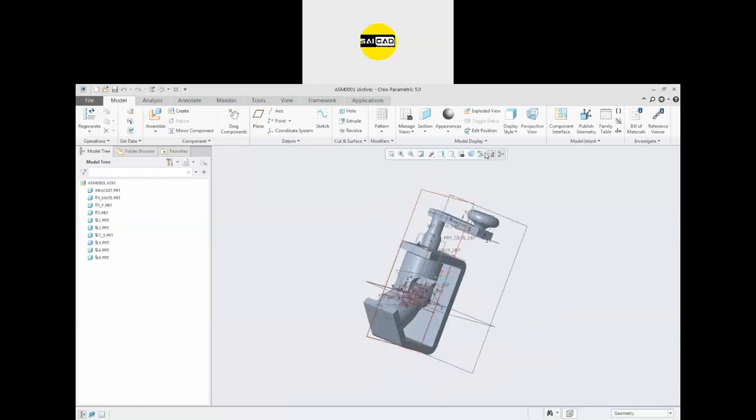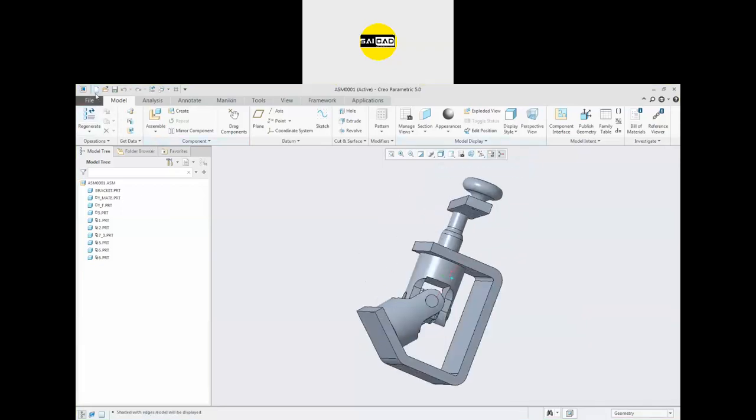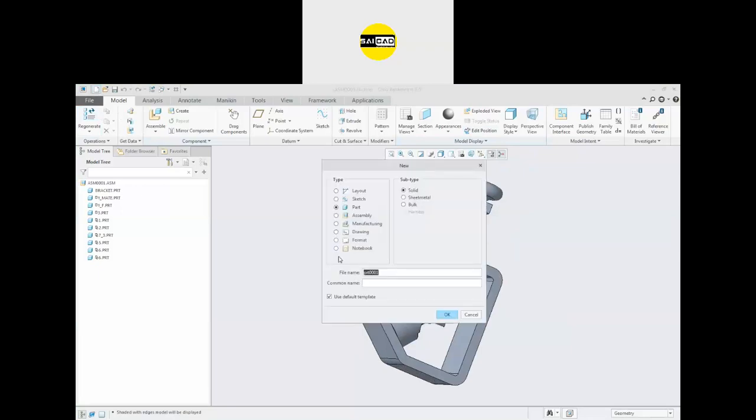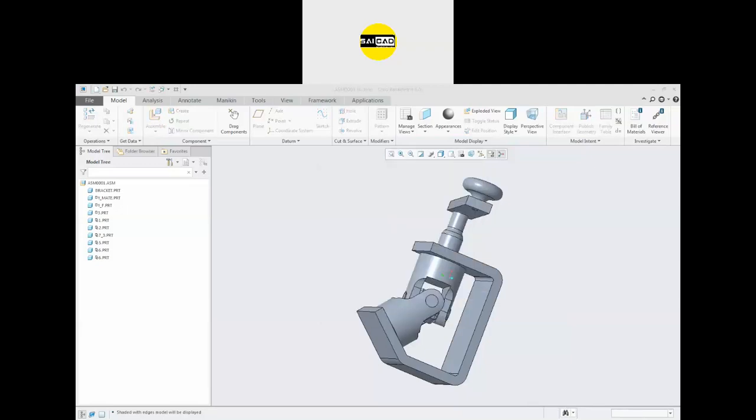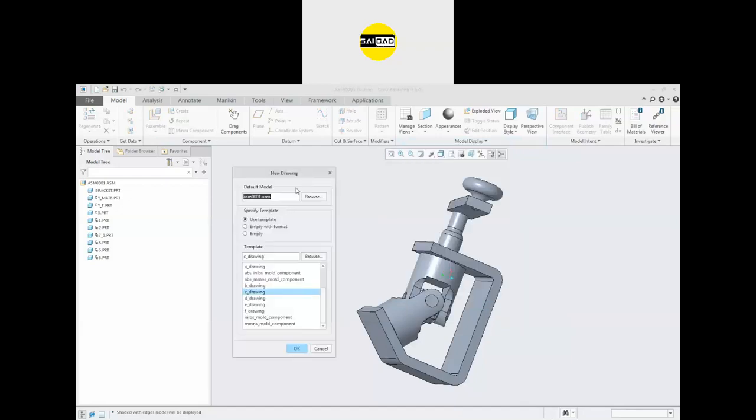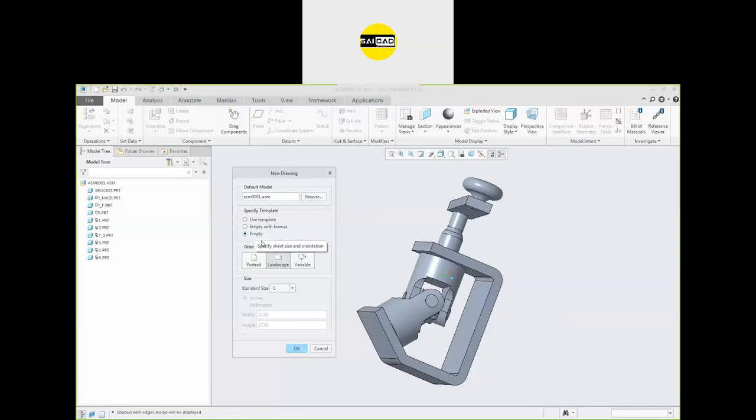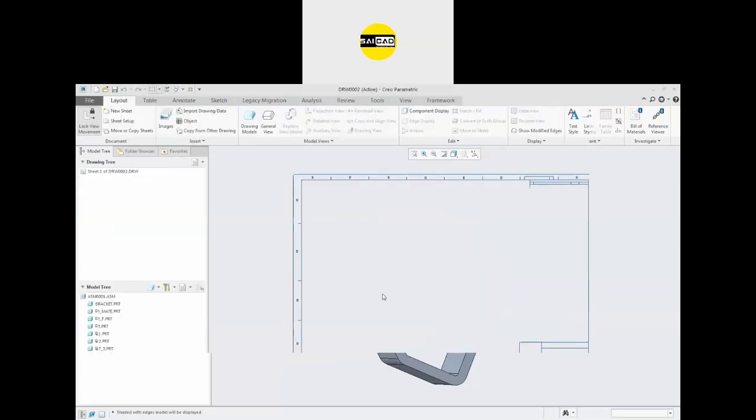For that, I'm going to select the view type from here and select the new file. So go to new, and there is the option again, drawing. Click OK, define the name, click OK, and here we have the option. You can see the part is selected. This is assembly 0001.asm. Use the template whichever you need. Right now, if you don't want any template, you can select empty. Okay, I'm going to select the standard template like this. So here is the template.